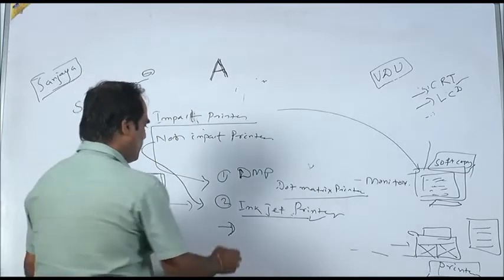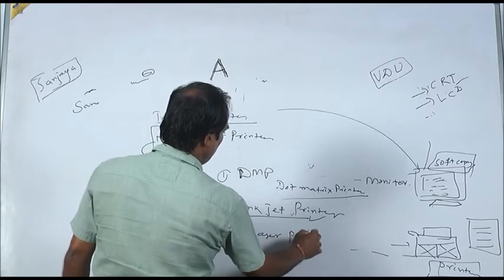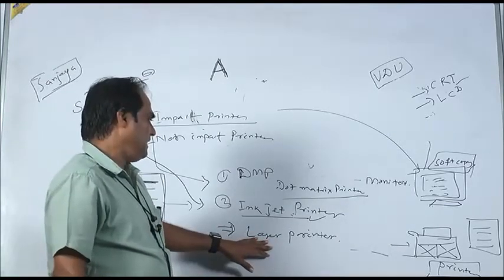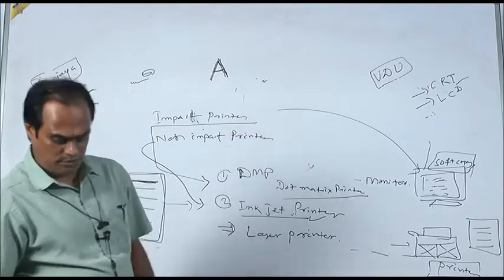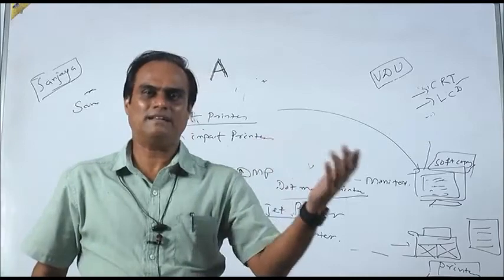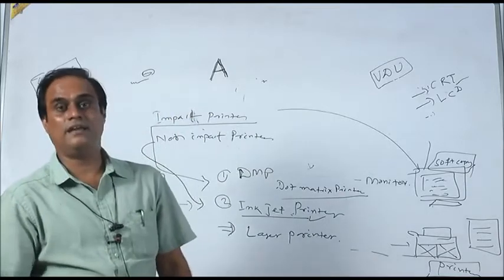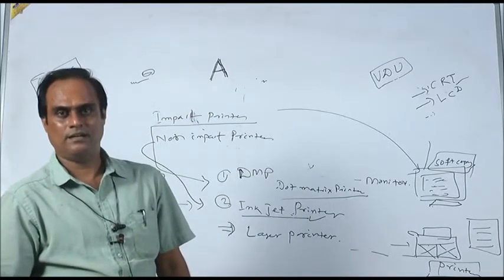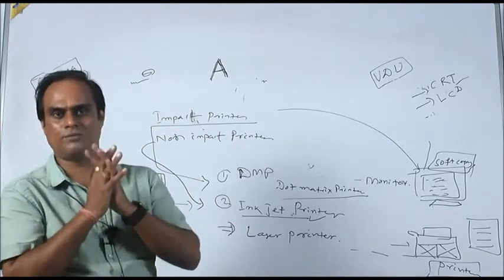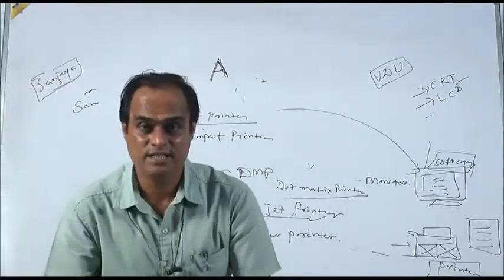Nowadays we are using the laser printer. What is a laser printer? Have you seen the photocopy devices? Generally we all call it the Xerox, though not exactly. Xerox is the company that initially developed the photocopy machine to make an exact copy of a document, yes or no. That photocopy device, which you normally call the Xerox machine, was initially developed by the Xerox company.